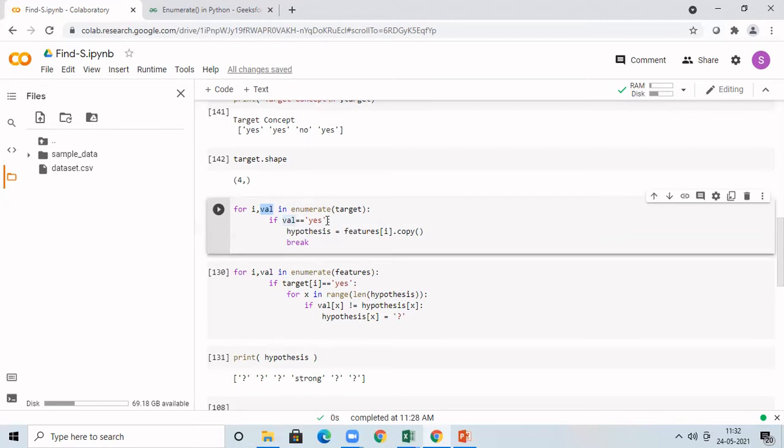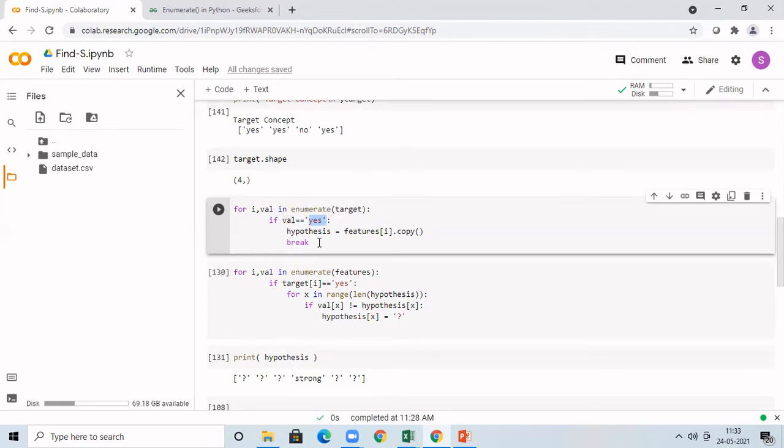In the Find-S algorithm, you will get only one hypothesis as the output. That hypothesis is going to match all the examples you have considered. So I am going to create the hypothesis now. First, I have considered the positive example. This is the first positive example. Definitely, when you start the Find-S algorithm, initially you will be starting with all as null. Here automatically, if you don't give any value, everything will be treated as null only, so I'm not giving null specifically.